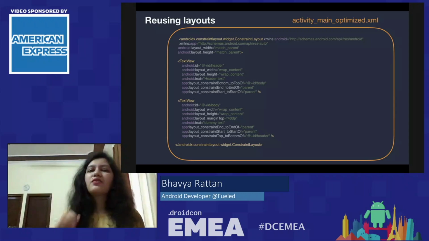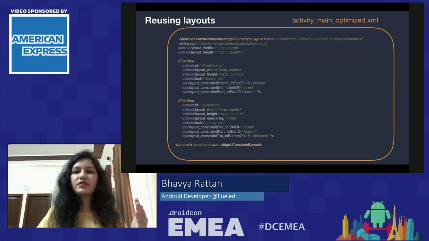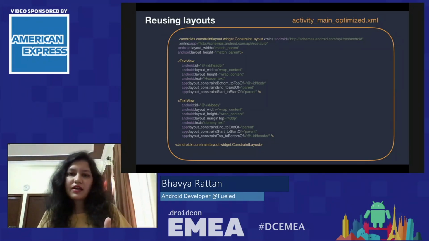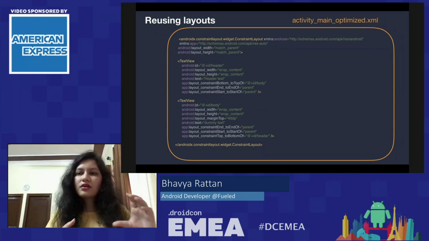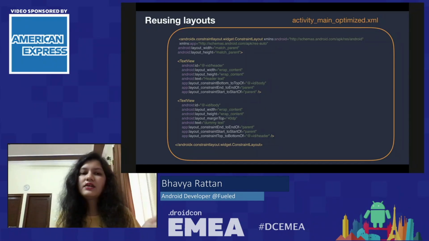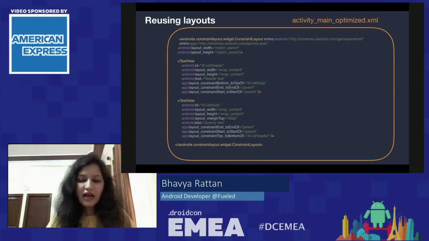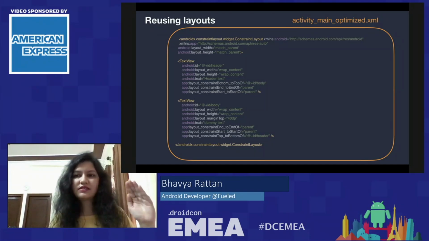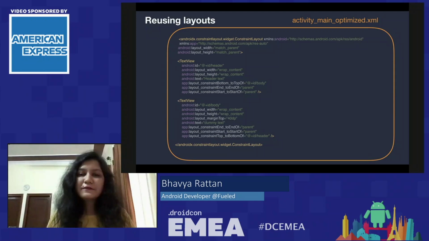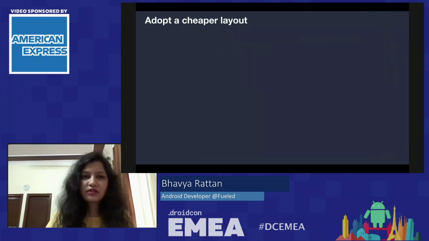So what the merge tag does is, whenever we have a layout with a merge tag and include it in our activity, the compiler just takes all the contents inside the merge tag, all the views inside the merge tag, and places them directly inside the activity. So there is no extra constraint layout that we earlier had, as we haven't included it in our optimized layout header. So that's how we have saved those extra $10 for our coffee and just have a single constraint layout in our layouts. Now, let's do some more cost cutting.